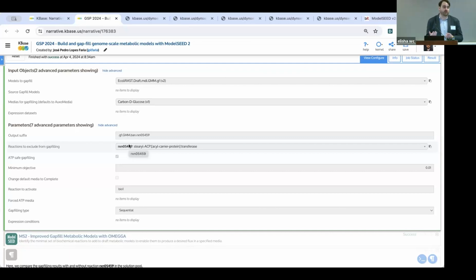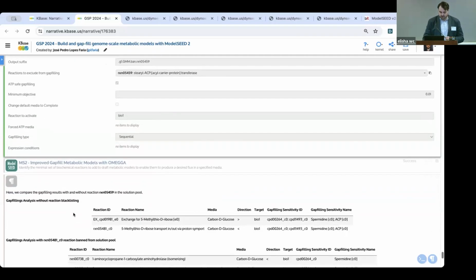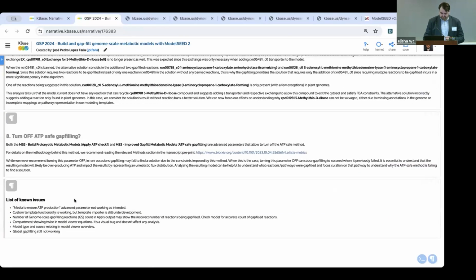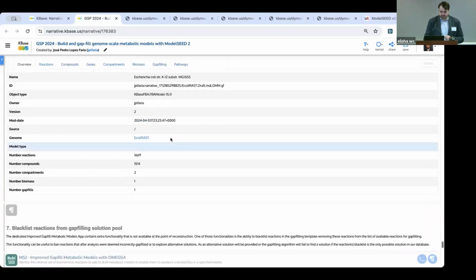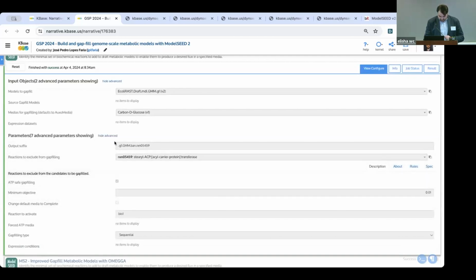And then you can judge for yourself and your knowledge which one is the better solution for your problem. So that's another way, and one of the most requested features we've had for the last handful of years. So you can ban reactions from the results. And then the last thing I'm wrapping up now is, you see that this parameter here,